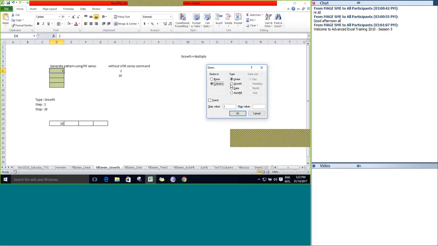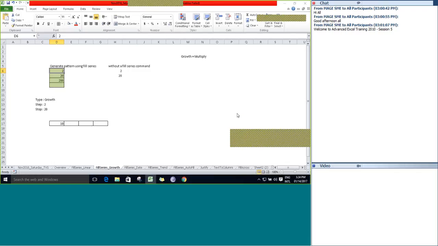Step value, let's make it 10. And stop value as 1000. Click OK.